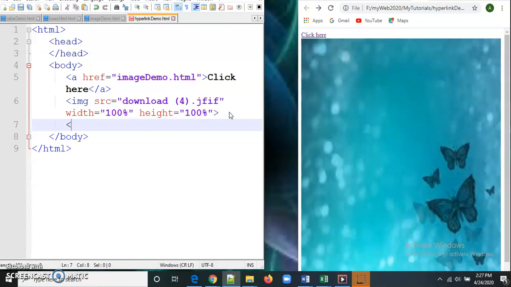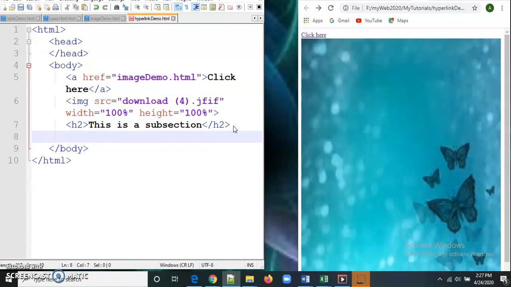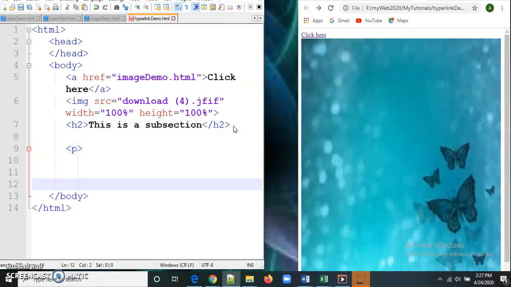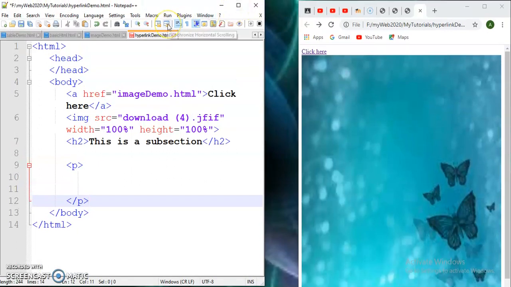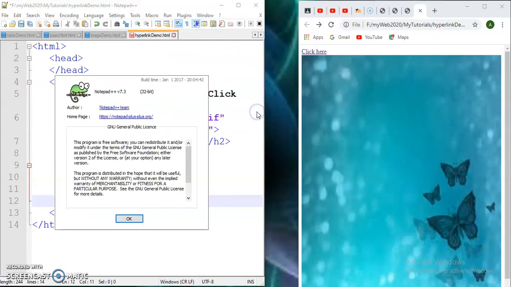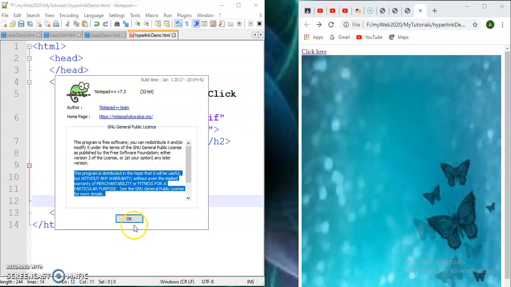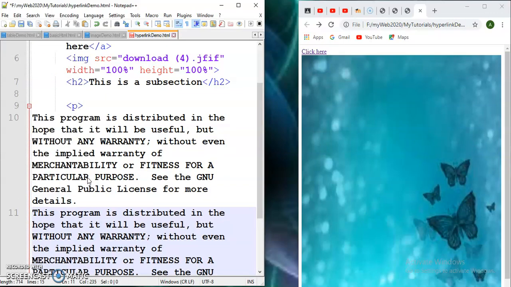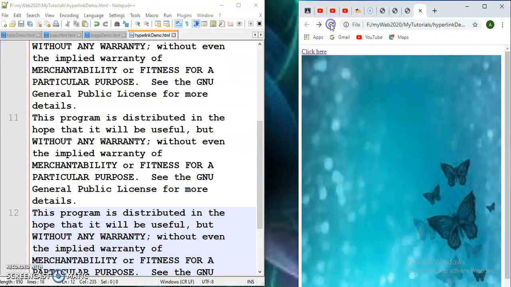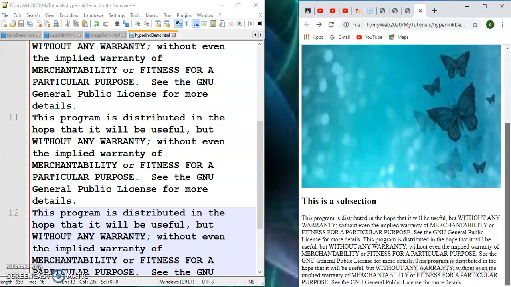If there is an h2 tag, this is a subsection of the main page, and if there is one paragraph, and inside the paragraph some text, then my page looks like this. My paragraph is at the bottom.